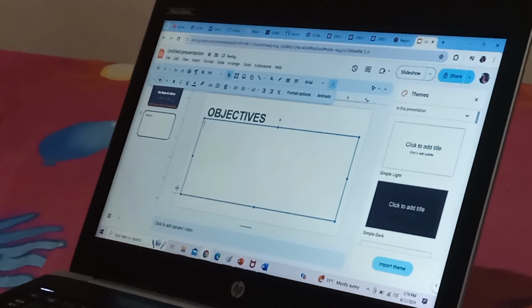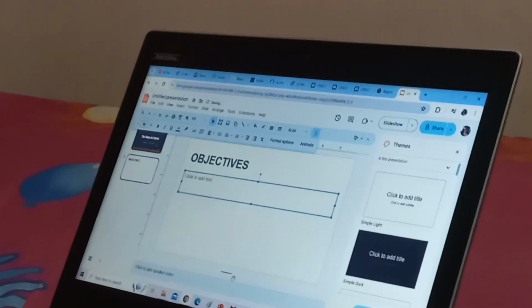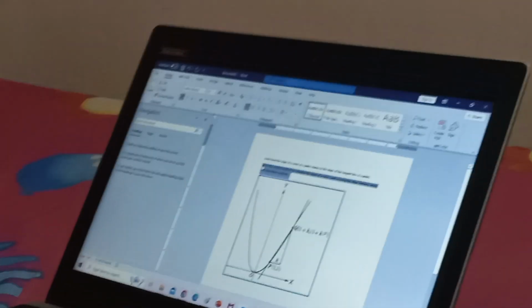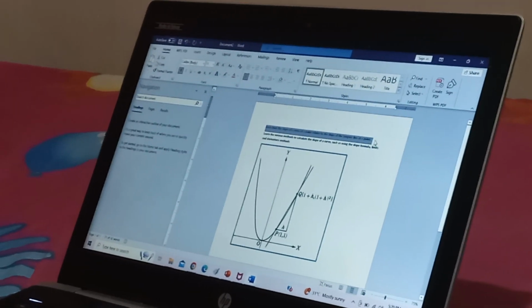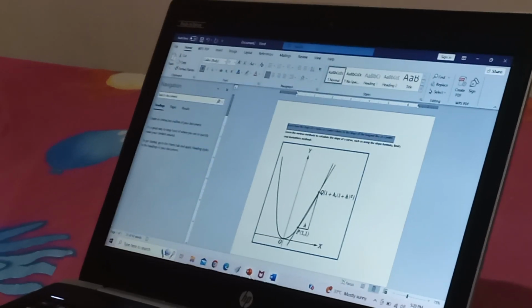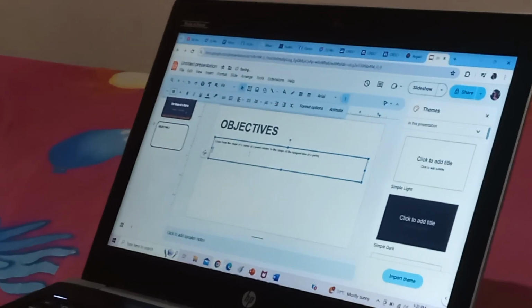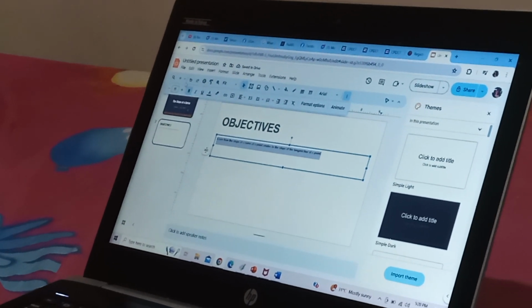Okay, then I can put here the objective that I saved in the Word file. Then change the font size.